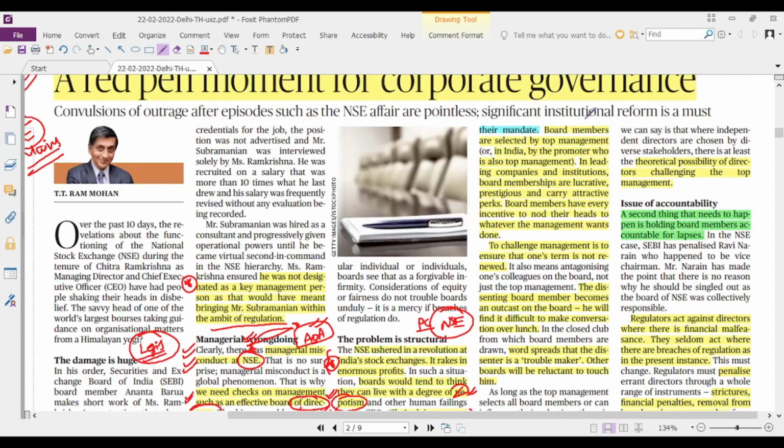Even though under the company's law, companies have to have independent directors and a certain number of women directors, the board of directors are selected at the annual general meeting. The annual general meeting is when all the shareholders go for a meeting, and the main decisions of the company are taken based on vote.